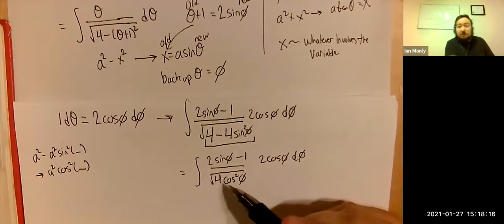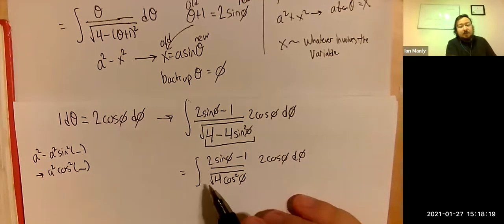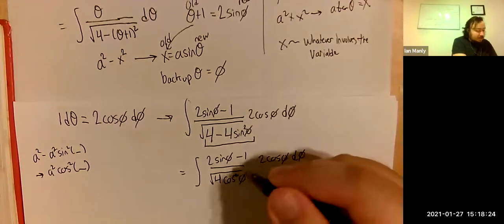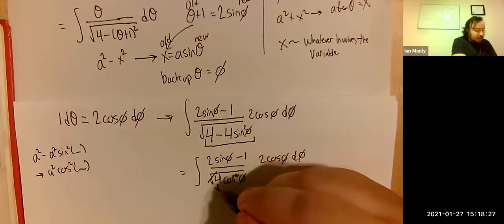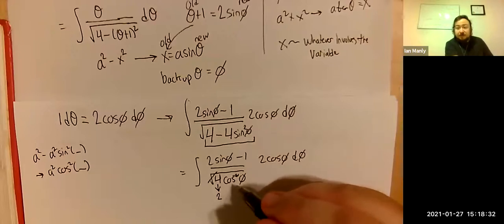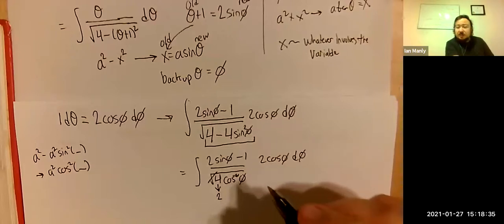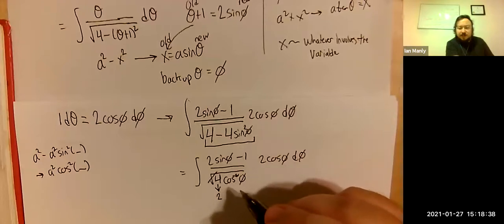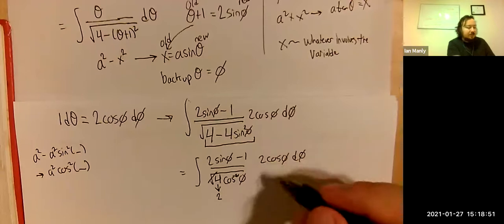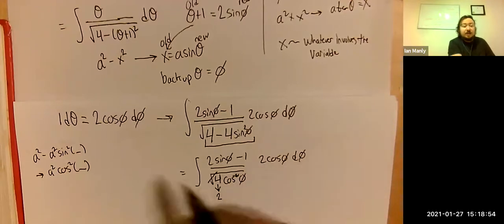Okay. Now, as most of the time, we can end up canceling out the square root with what we have down here. So this will go away, this will go away, and this will turn into a 2. So all in all, we're going to have 2 cosine of phi down here. Now, what's the nice thing about that? What's going to happen with 2 cosine of phi down here when we do the square root? That's right, it's going to cancel because remember, we have this 2 cosine of phi up here that we got